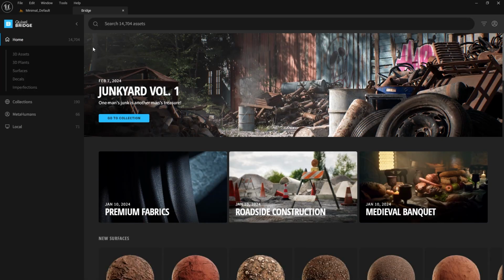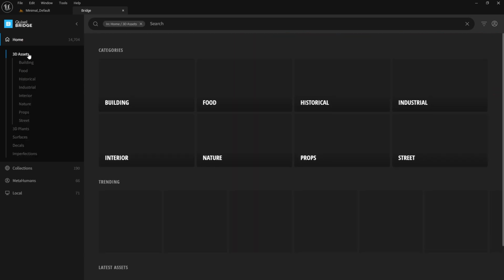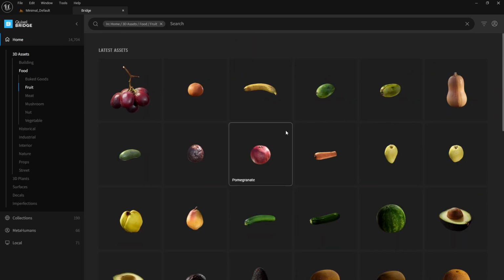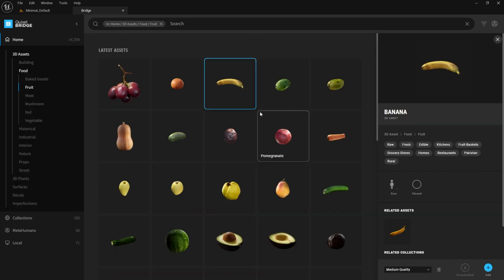And coming in here, in general, bridge is great. There's so much stuff you can get. You know, there's assets. If you need a banana, you can come in here, get some fruit, get a banana. And if you need to add it to your project, you just download it, and then add to your project. You'll notice the download button isn't active, and that's actually going to be an issue for us when we get to metahumans as well. So we'll talk about that in a second, but let's skip all this here and go